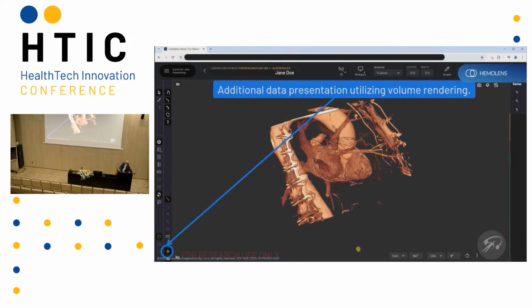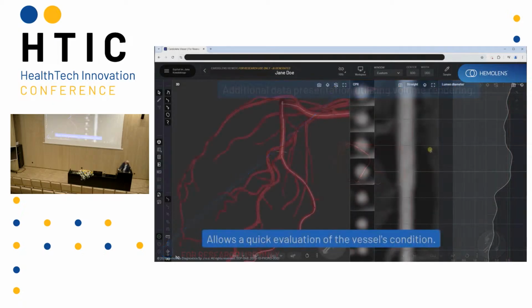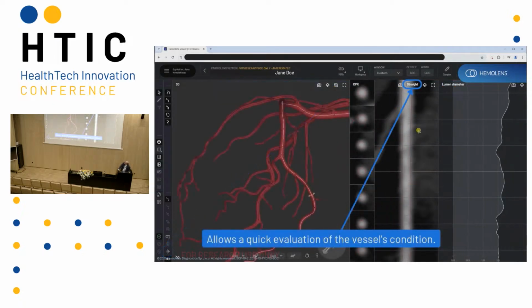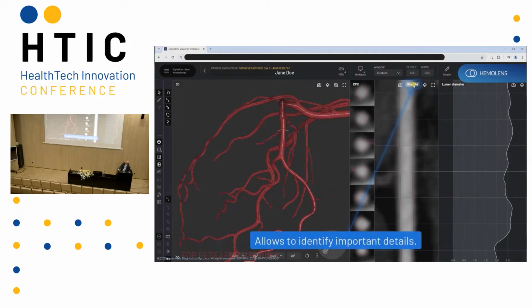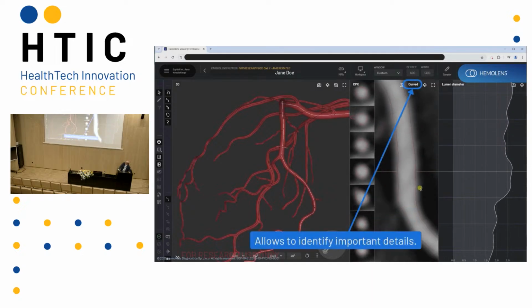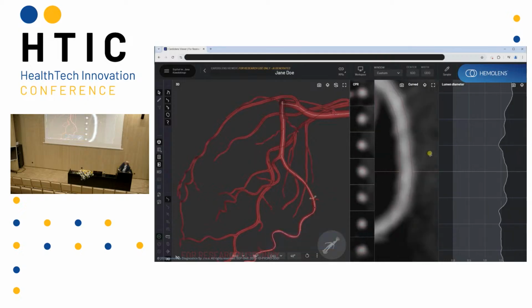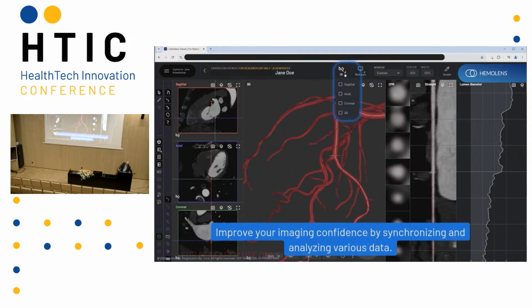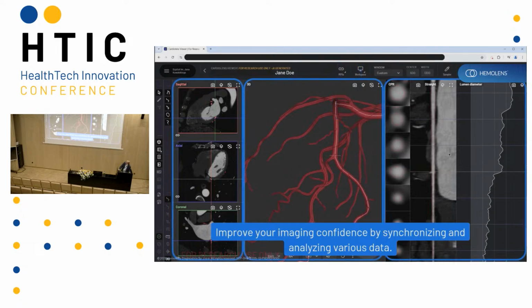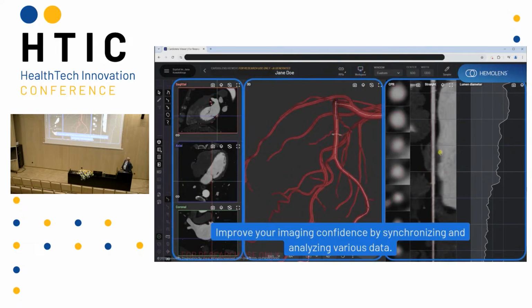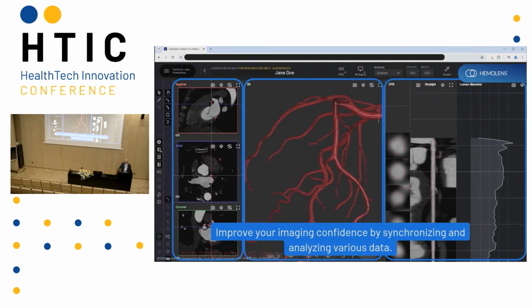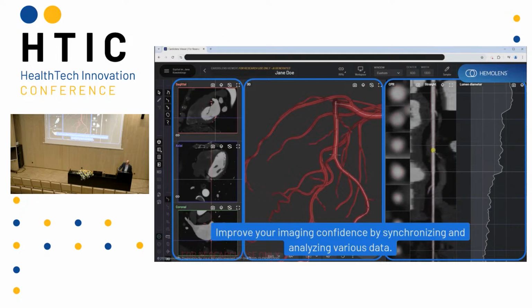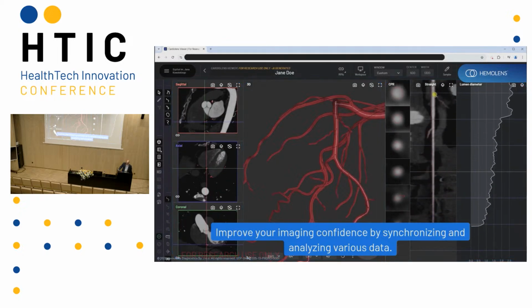We can turn on the volume rendering, and we can allow a quick evaluation along the center lines, along the curved arteries, and we can synchronize all those views together to make reading of the computed tomography easier.